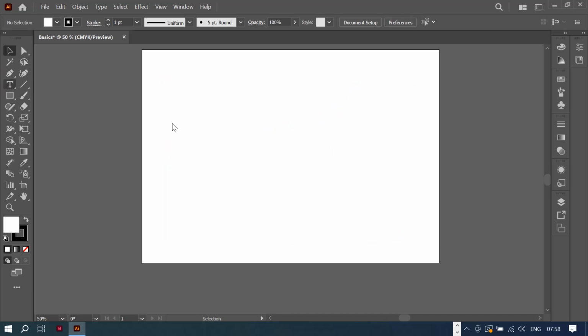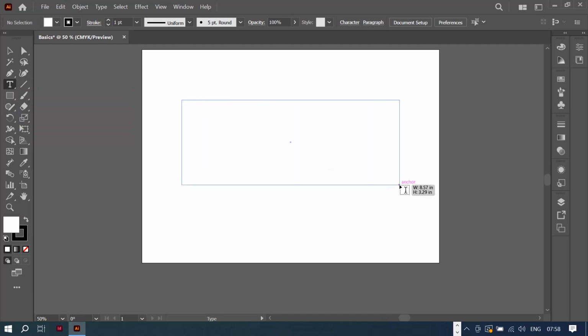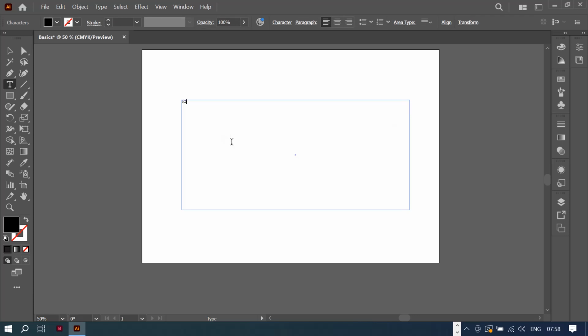This is the type tool, or you can call it the text tool. I can click and drag here and then type in something like, let's say I'm designing a logo, a company logo, and the name of the company, I'll just call it my company. So with the type tool, you can type,